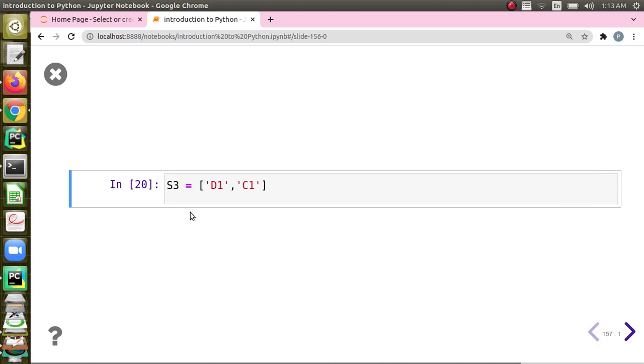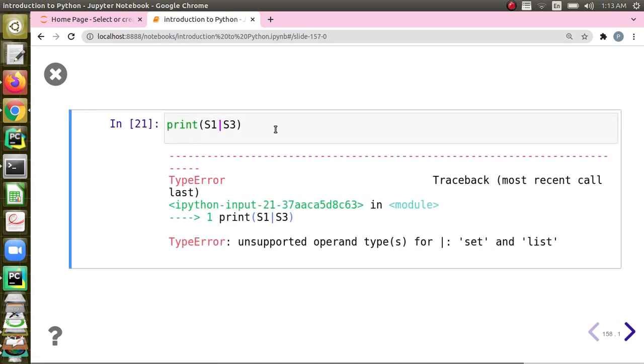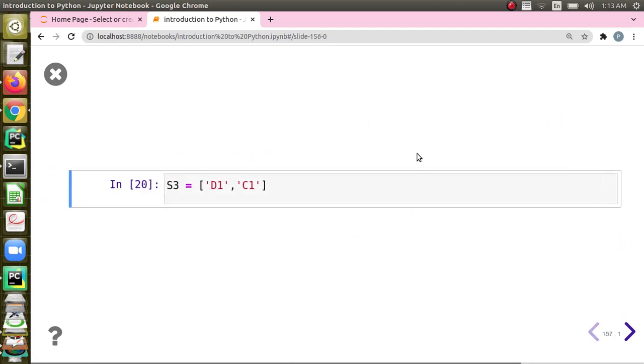For example, if I have got S3, it will expect both the arguments to be a set. I cannot simply use a list. If I use it like this, I will get an error. Let us just execute and see.